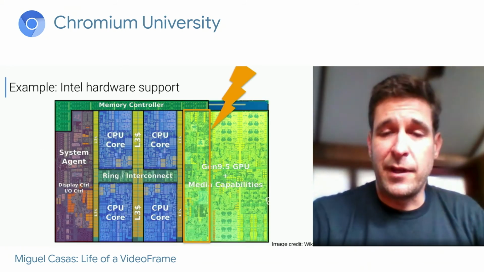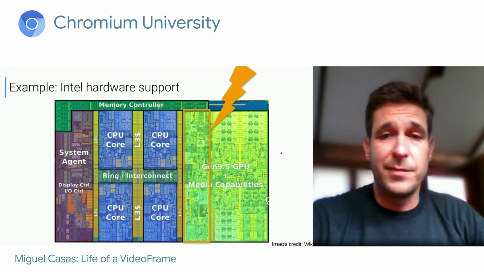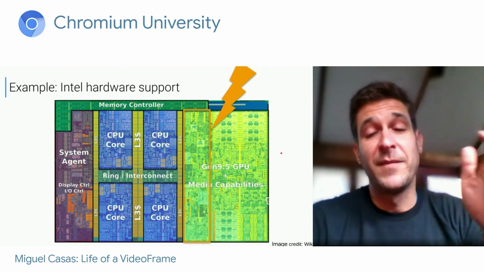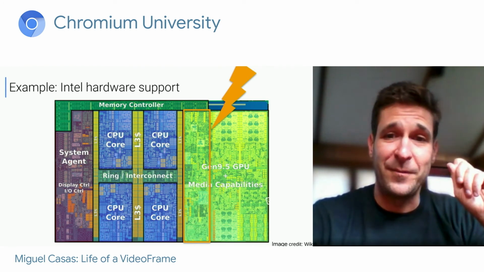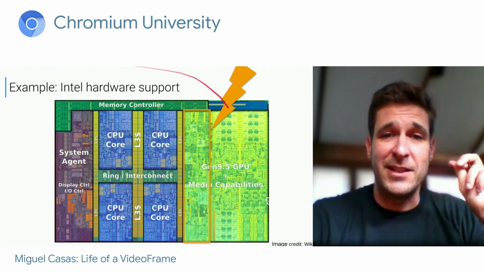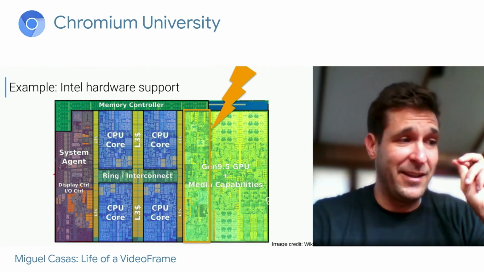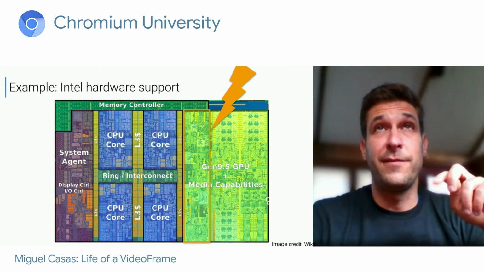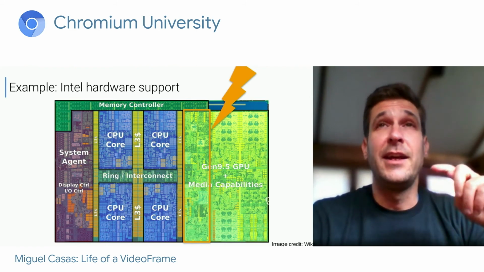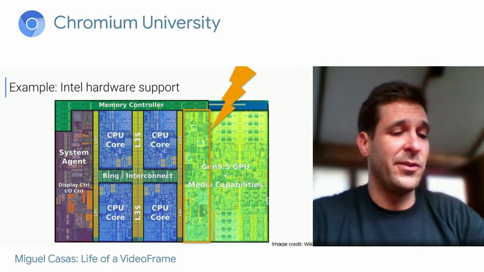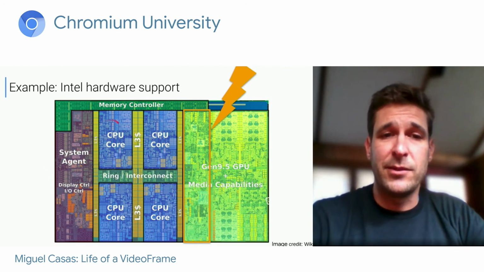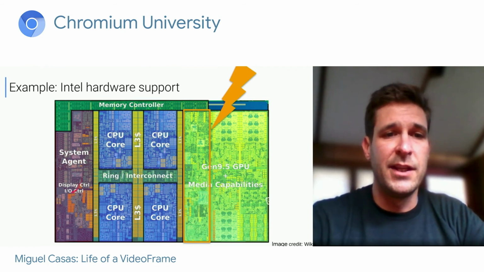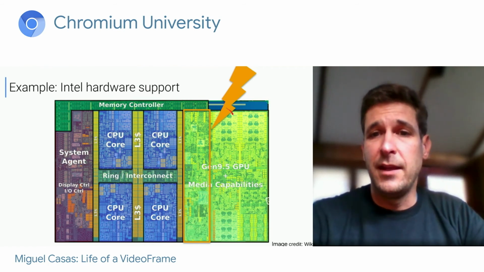This is an example of a photolithography die picture, taken from a photolithography of an Intel core. This is what is called the Gen 9.5 GPU, and this chip in particular is a Kaby Lake, the one you could find in the Pixelbook Chromebook that is internally called Eve, or in the Pixelbook Go, which is internally called something else. There we can see basically what I was referring to before. The CPU, there's a giant bus to interconnect everything, there's some caches, there's the display controller, and there's the memory controller. And here in the GPU,